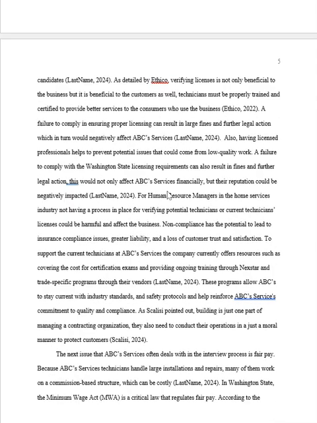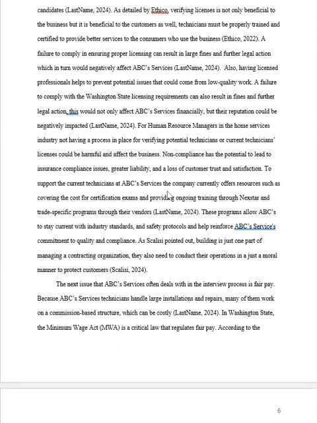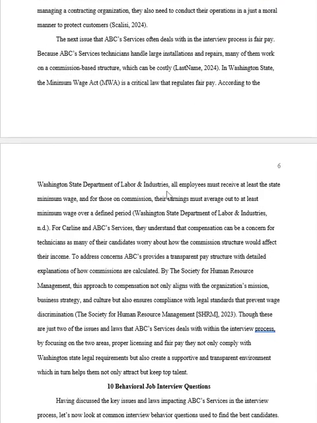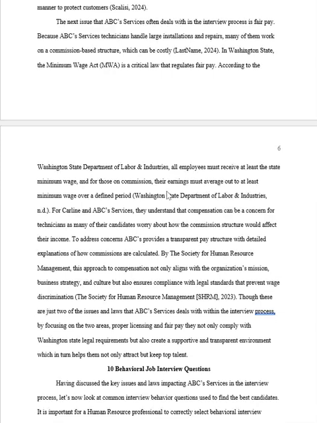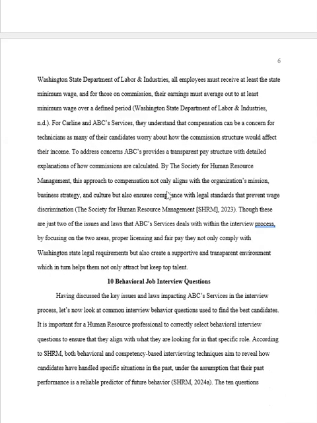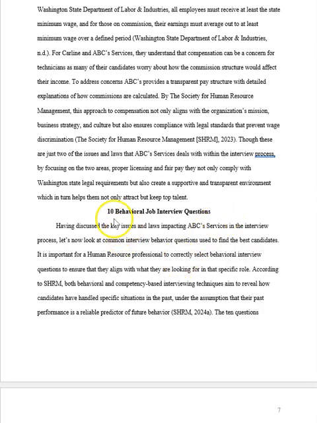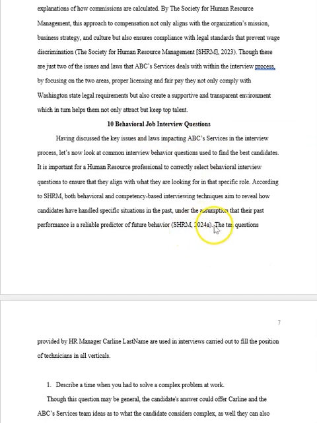So you can, of course, pause and rewind if you really want to read what this student wrote. But this student's a really good writer, and I loved how thoughtful they are. They didn't use AI. They cited sources perfectly throughout the paper. 10 behavioral job interview questions was another area that I asked for, and so that's a level 1 heading. It's centered and it's bold with all major words capitalized. And again, they cited